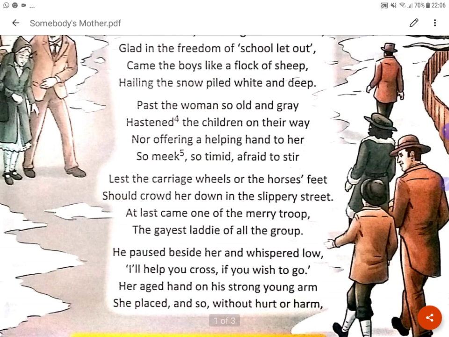So in this para, at last, actually what happened, that a group of very happiest